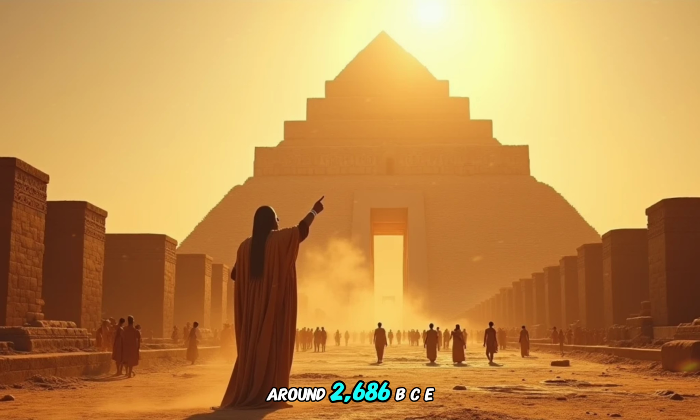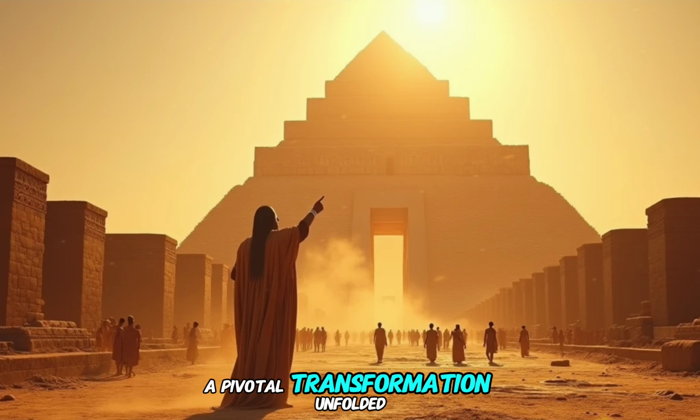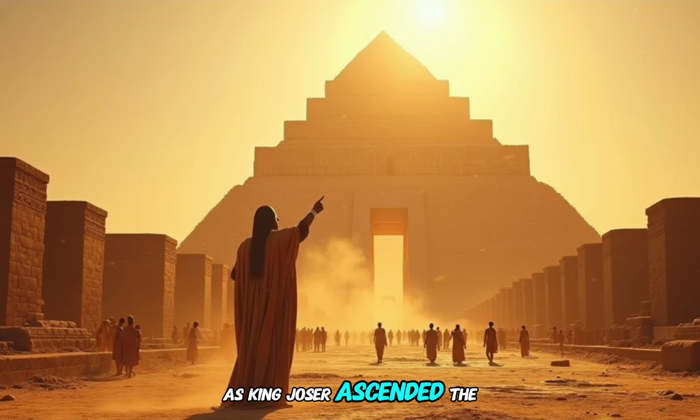Around 2686 BCE, a pivotal transformation unfolded as King Djoser ascended the throne. Egypt, still relatively modest in its early dynastic form, was poised for a dramatic and enduring metamorphosis. What had been a developing kingdom would soon become a civilization capable of building wonders that would leave an indelible